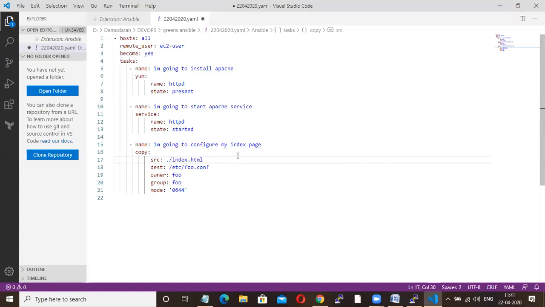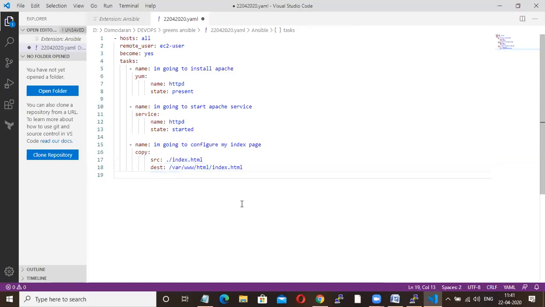Dot means present directory. What is your destination? /var/www/html/index.html. So in your present directory you will have the index.html file, and that should be moved to /var/www/html/index.html.